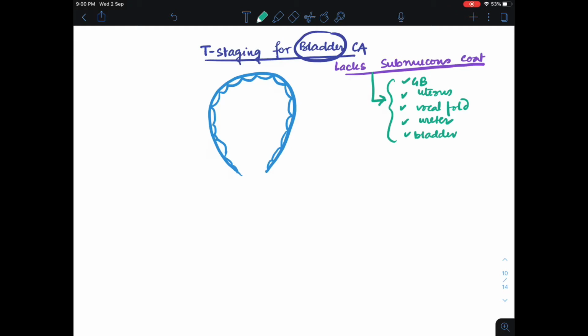So this is the basic anatomy we have to know. The first thing is that the epithelium is transitional epithelium, and the second thing is that there is no submucous coat. The third thing that we have to know is that instead of submucous coat, we have the Bell's muscle or the lamina propria present in the trigone,